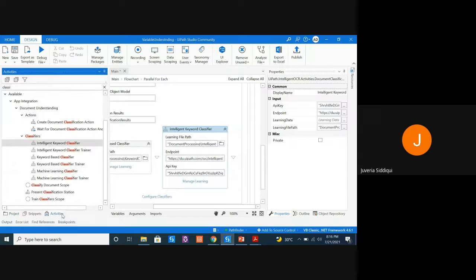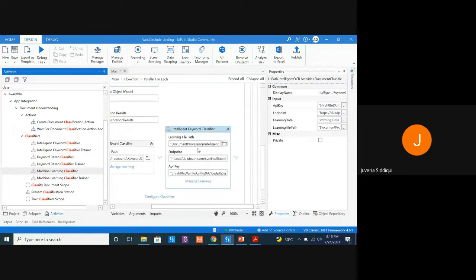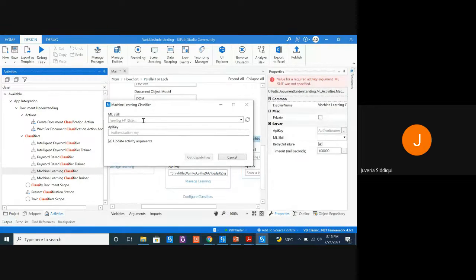There is an activity called machine learning classifier, and I'm going to use this. You have to click OK, and as soon as you click OK, it will ask you, let's refresh. It will actually pick up two models, machine learning skills or models that I have configured. So this is a classifier. I'm going to use ML classifier skills. And as already said, we have our API key.